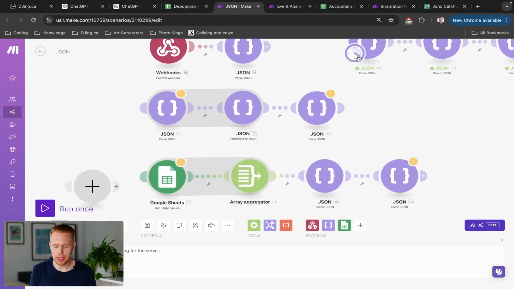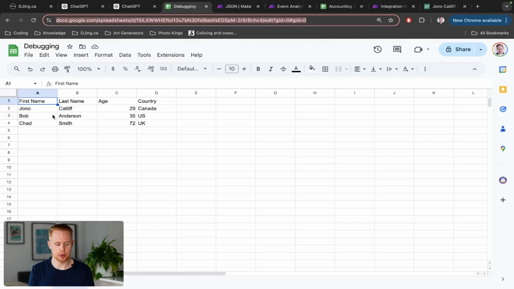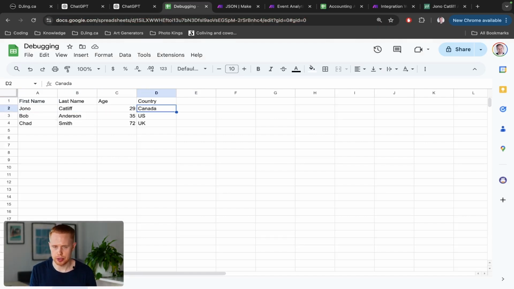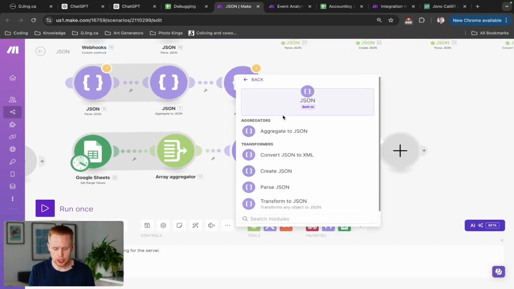Now let's talk about how you can transform data that's not originally in JSON format into JSON format. So for example, we have a table here, right? And we have first name, last name, age, and the country, right? And this is not JSON, this is a Google Sheet. So how can we take this data and change it so that we can use it in a JSON format? If I come back in here and click the plus button, I go into JSON, there's this nice little transform widget here, which transforms from one particular object to JSON. Now, I've never used this and I don't use this, but instead what I would do is